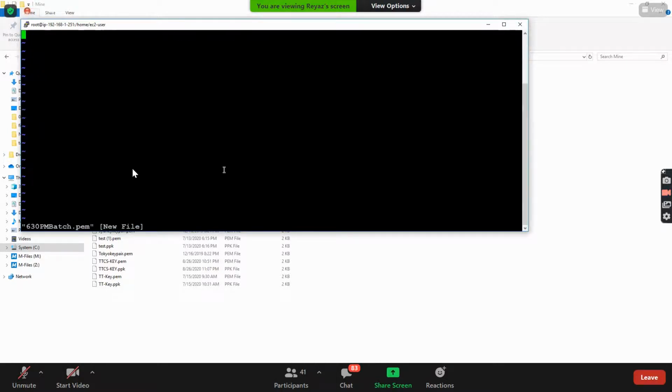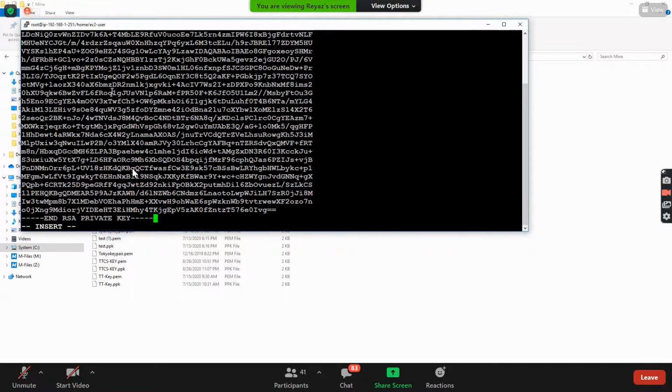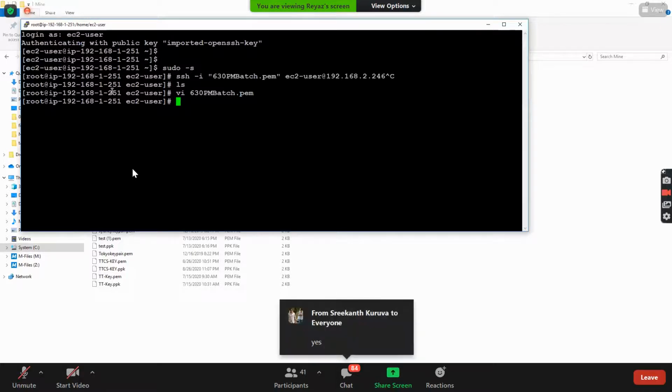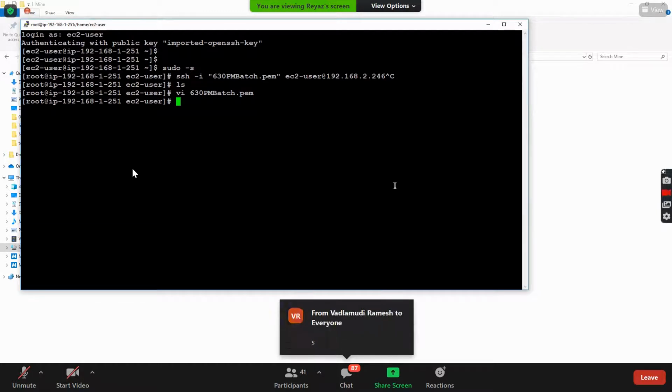Enter. Guys, press I for insert mode. It is in insert mode, and then right click, paste. Press escape, and then :wq! to save and quit. Guys, does everyone know how to create, edit and save a file? Nice. If you do ls, do you see I have my PEM file ready here.